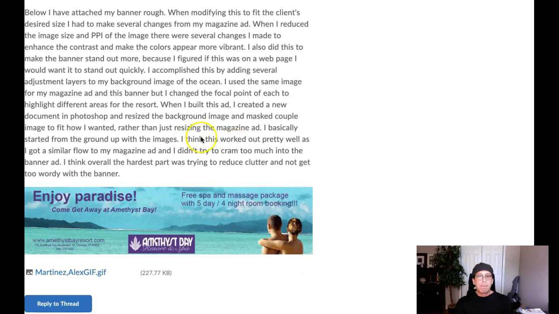Started from the ground with the images. Okay, so when I built this AI, I created a new document in Photoshop to resize the background image and the masked couple image to fit how I wanted rather than just resizing the magazine. And I basically started from the ground up with the images. I'm just wondering, did you use the crop technique that I had demonstrated in the video tutorial located